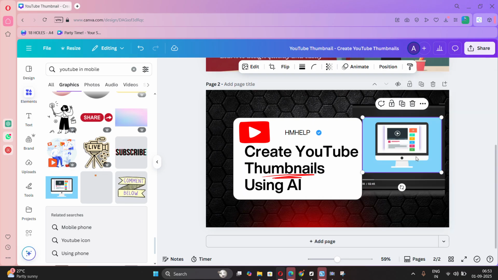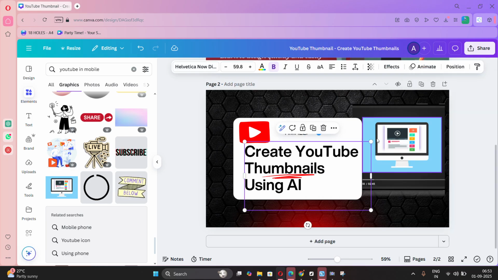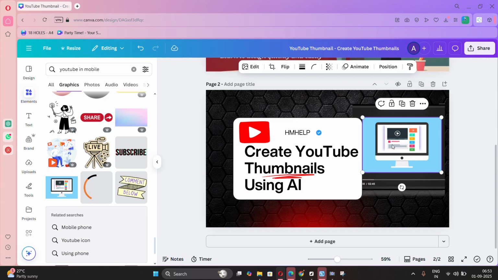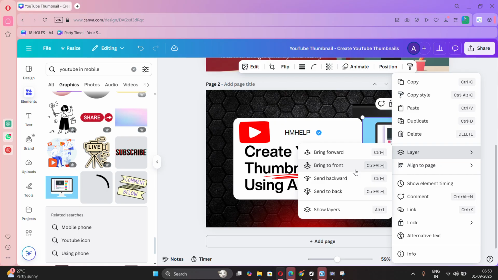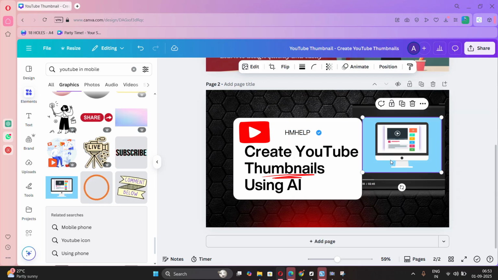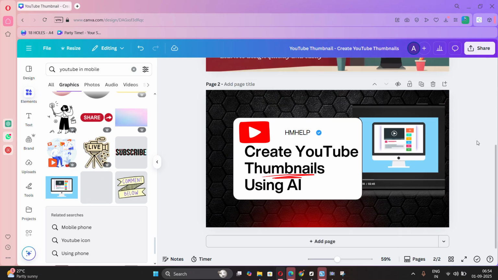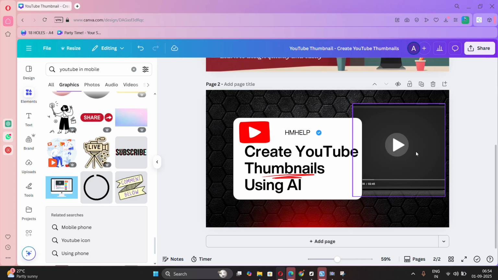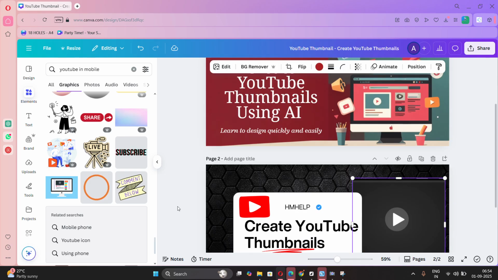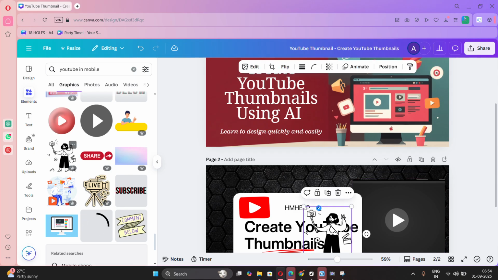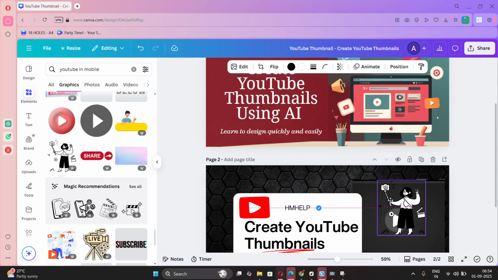You go to layer, send it backwards, so it will go behind this white button. I'll just make it backward again, send backward. I think it has gone. Yeah, it has gone. Or else I don't like this element over here. I will add this. Yeah,